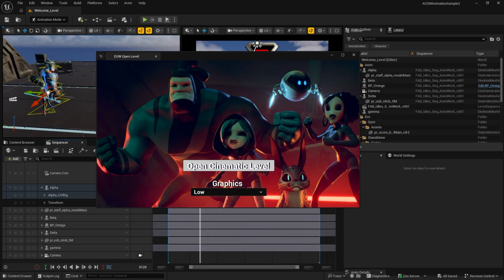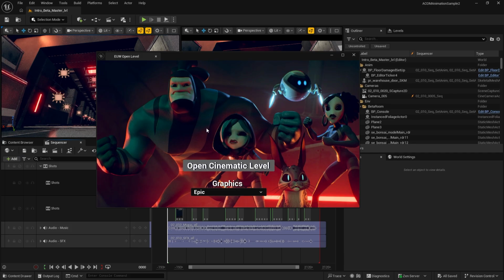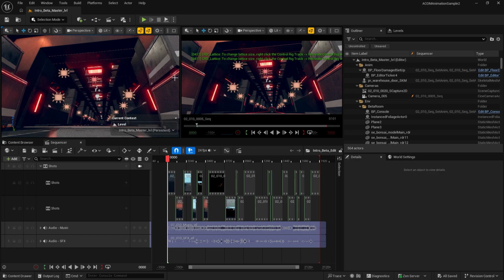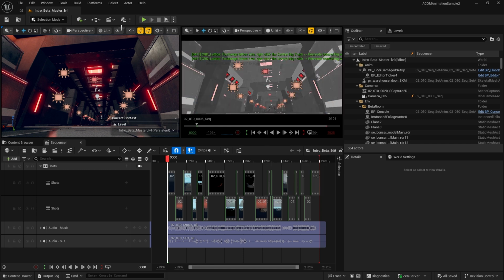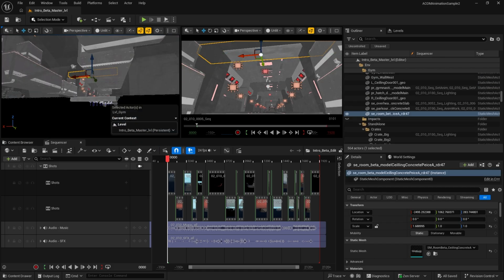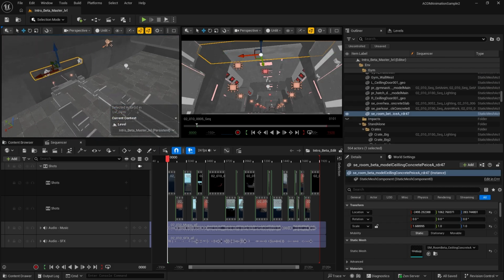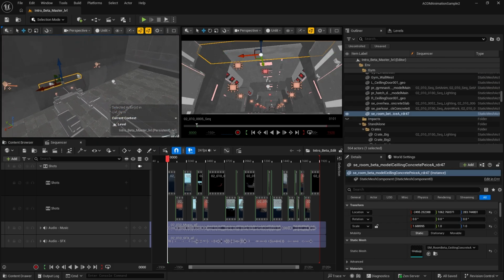Since it is opening now, I have to wait a few seconds because it takes a while. Now the level is open. I don't need this gadget screen anymore, so I can close it. I have opened it with low settings, but if you would like to make it easier for your system, you can even select Unlit, both of them if you like. That way you can investigate what's going to be happening here.